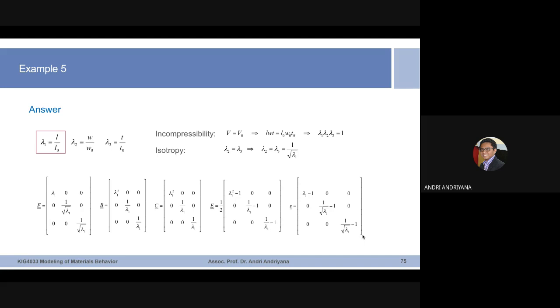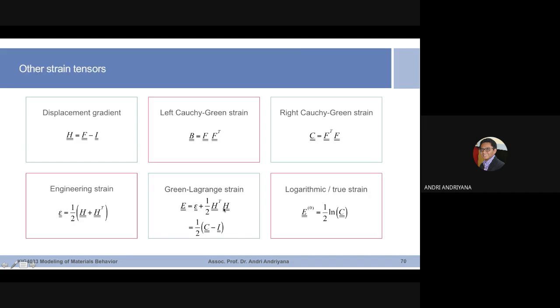So what happened is that for E, the second one here, if I go back here, again, you need to read more in the books. The Green-Lagrange strain is the sum of the engineering strain plus this one. Engineering strain is the sum of H. This is linear. The second part is multiplications. It is non-linear. So the Green-Lagrange strain is the measurement of strain in the case you are dealing with non-linear